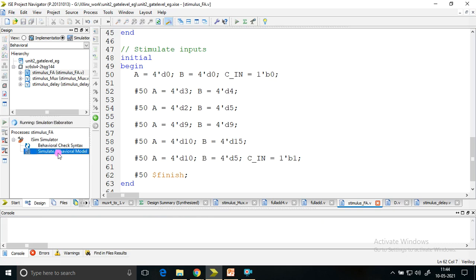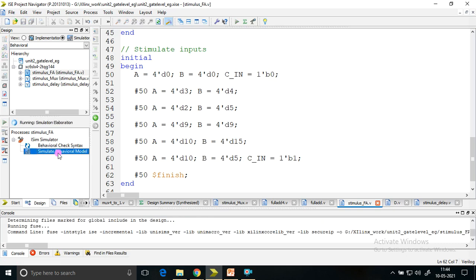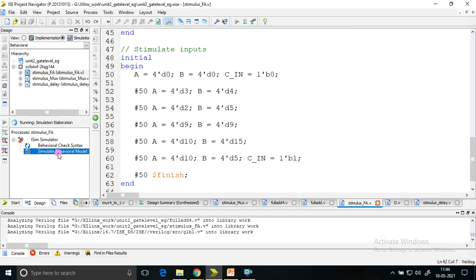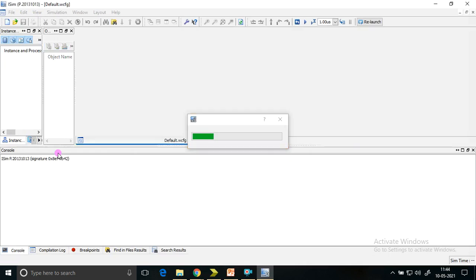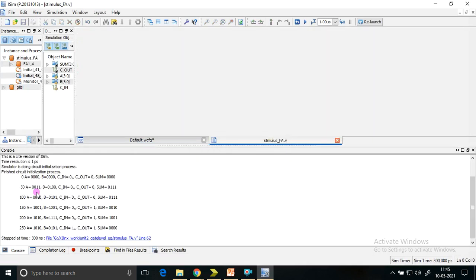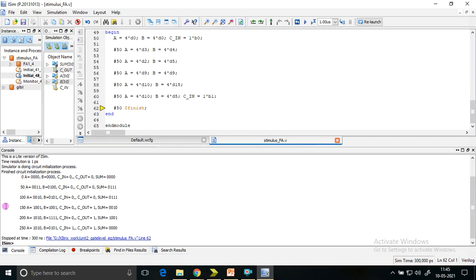Double click on simulate behavioral model, wait for the iSim simulator to open, and we shall check whether it is behaving as a 4-bit adder or not. So it's successful. We have outputs on the console. You can see here at 0, 50, 100, 150, 200, 250 the respective inputs, and the outputs have been displayed.